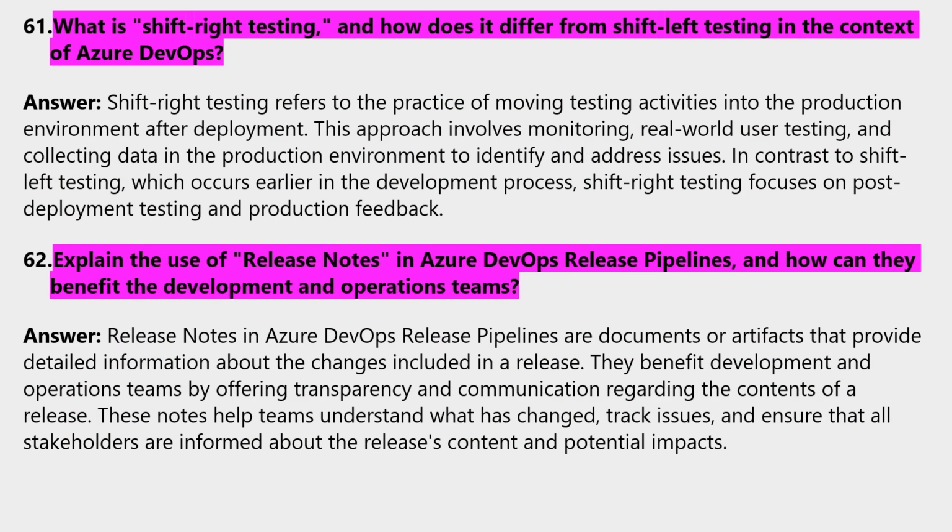What is shift-right testing and how does it differ from shift-left testing in the context of Azure DevOps? Answer: shift-right testing refers to the practice of moving testing activities into the production environment after deployment. This approach involves monitoring, real-world user testing, and collecting data in the production environment to identify and address issues. In contrast to shift-left testing, which occurs earlier in the development process, shift-right testing focuses on post-deployment testing and production